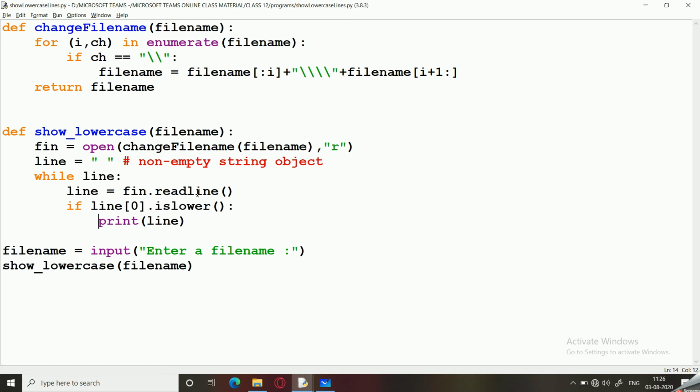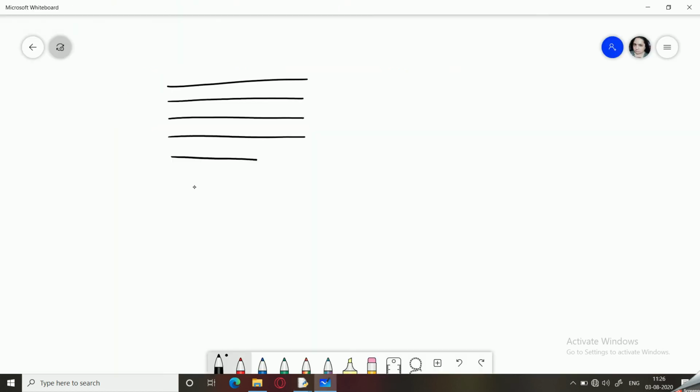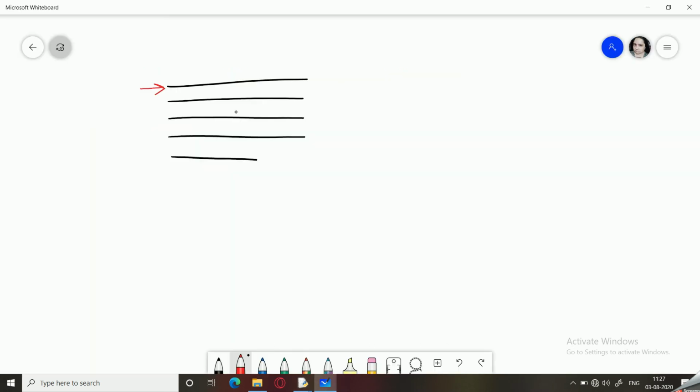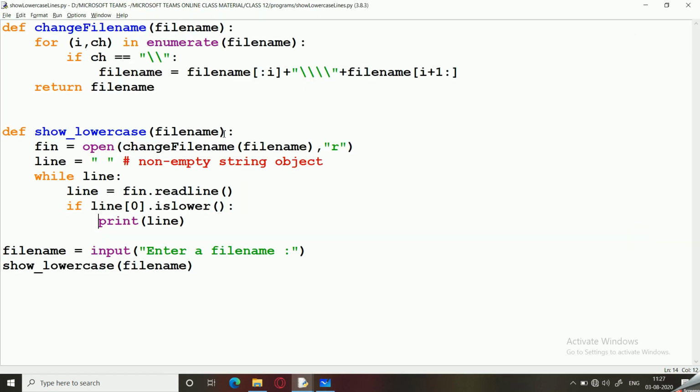So now a line will be read. In the beginning we already know that the pointer is set at the beginning of the file. So once this statement has been executed, the pointer is set over here at the end of the line and it is set at the beginning of the next line. Because line is not empty, hence this would work fine.